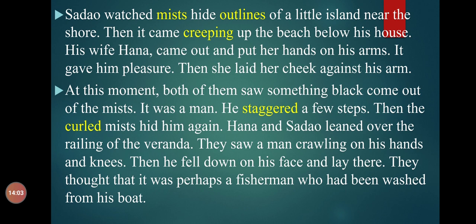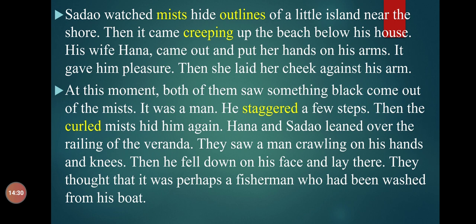Now coming to the explanation of the paragraph. The writer describes the scene outside Dr. Sadao's house. As the days were unusually warm and the sea waves were cold, the nights became foggy. Dr. Sadao saw the boundary of a nearby island became invisible gradually as it was covered in the mist.